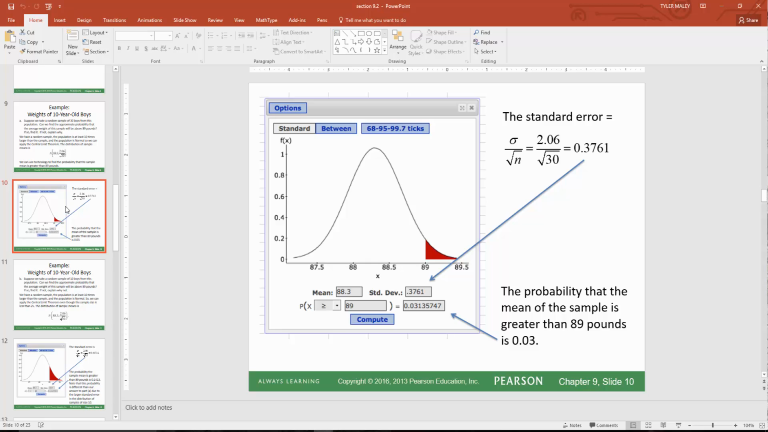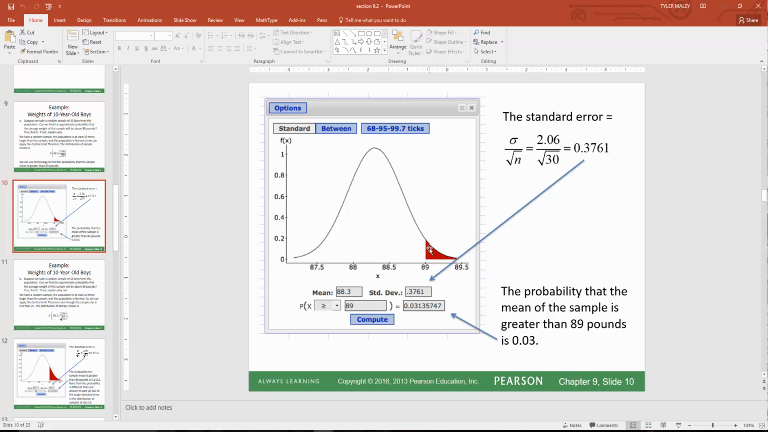So here's a printout of StatCrunch. If we plug in the standard error, we calculate sigma divided by the square root of n. We were told sigma was 2.06, and we had a sample of 30. So we can plug that in as the standard deviation, type in our conditions here, the mean, and we'll get the probability that the mean of the sample is greater than 89 pounds is